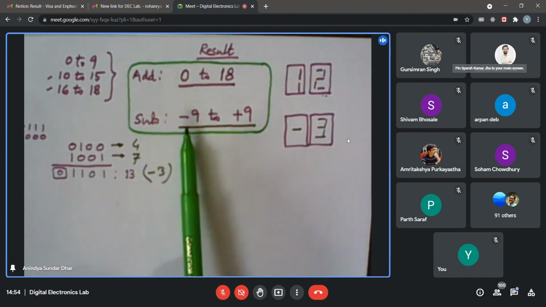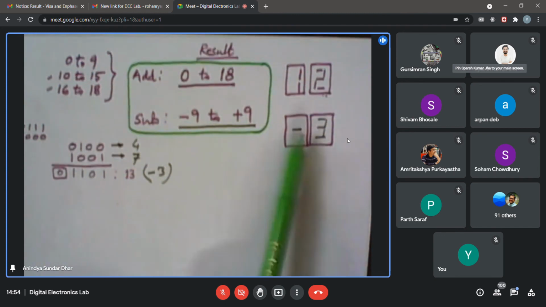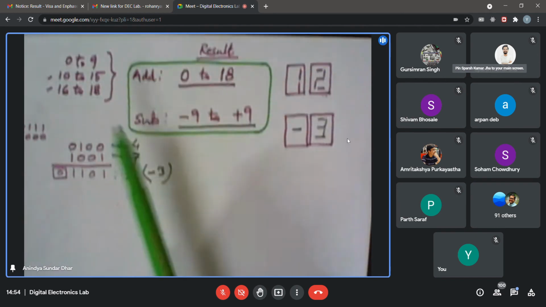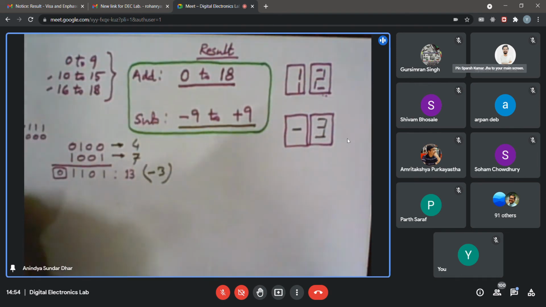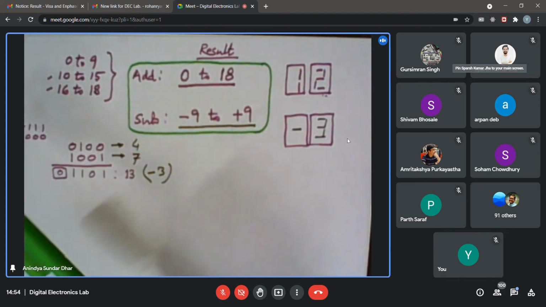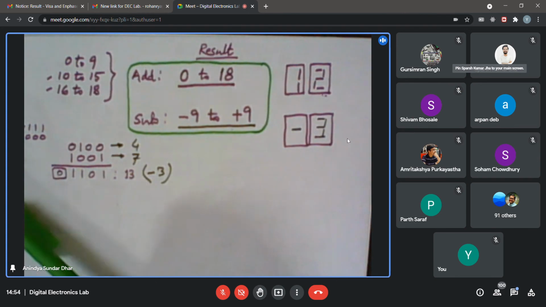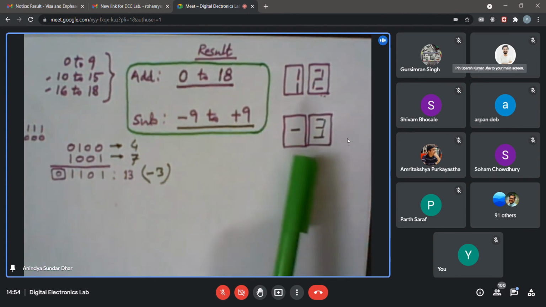For subtraction, you need to once again check for -9 to +9. If it is negative, then it should generate a negative sign. And I think there might be an issue when the result is 0. 0 should not have a negative sign. But if in your design for some reason a negative sign appears, I think we may ignore that.